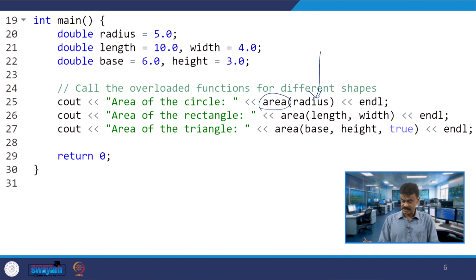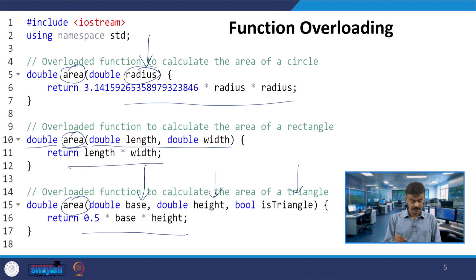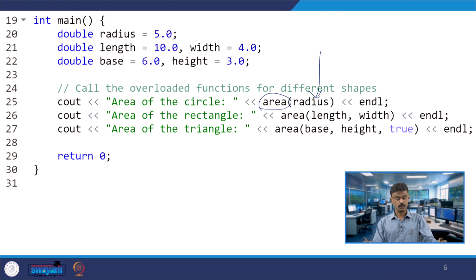The second case is a 2-argument function. You are passing length and width, and the area function name is the same. So, this particular function at line number 10 will be called. Length into width, 10.0 and 4.0, is 40, so 40 will be displayed.